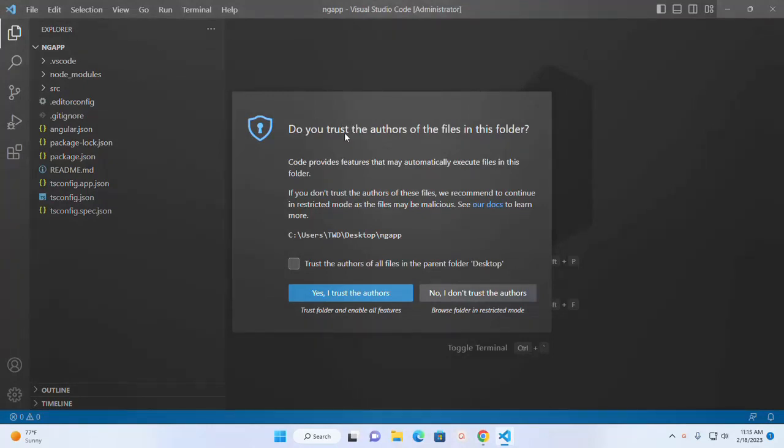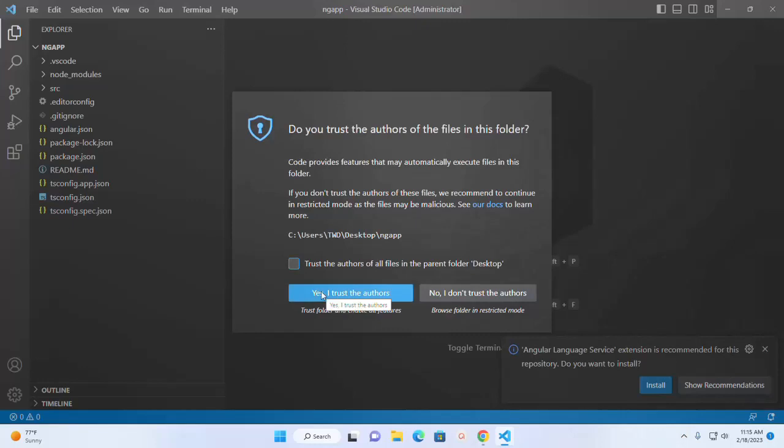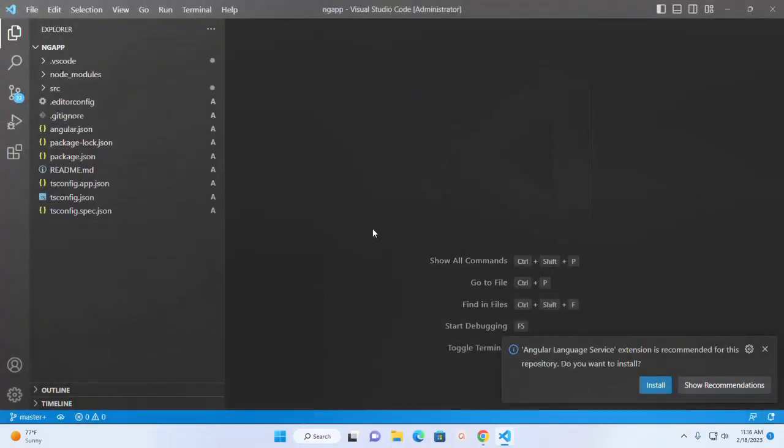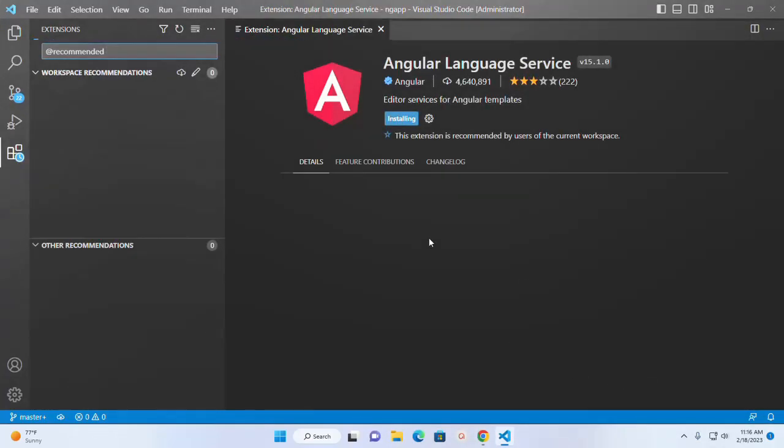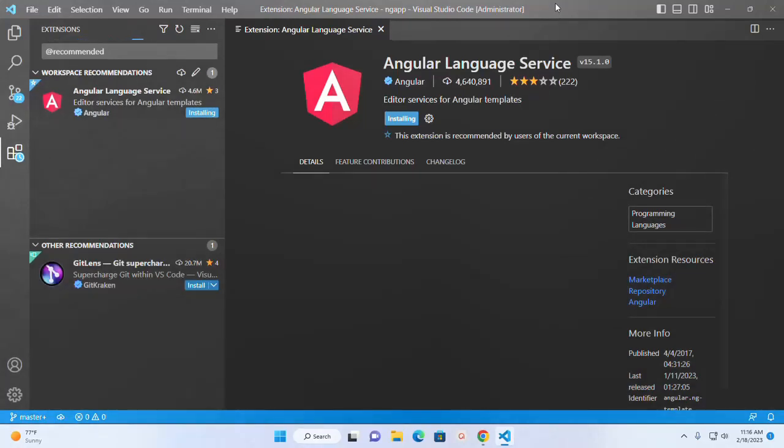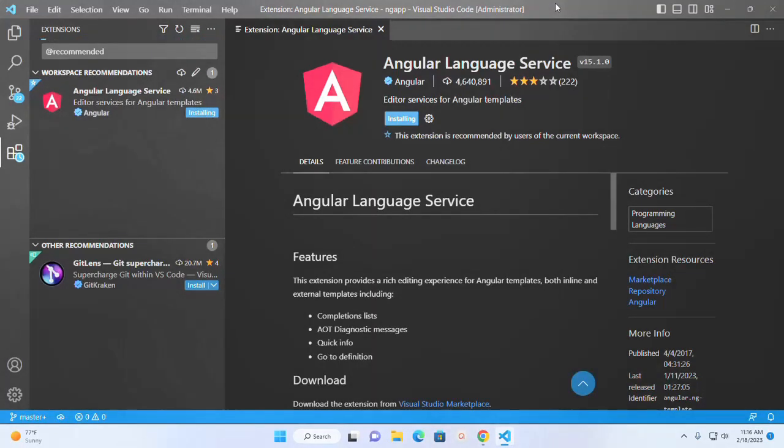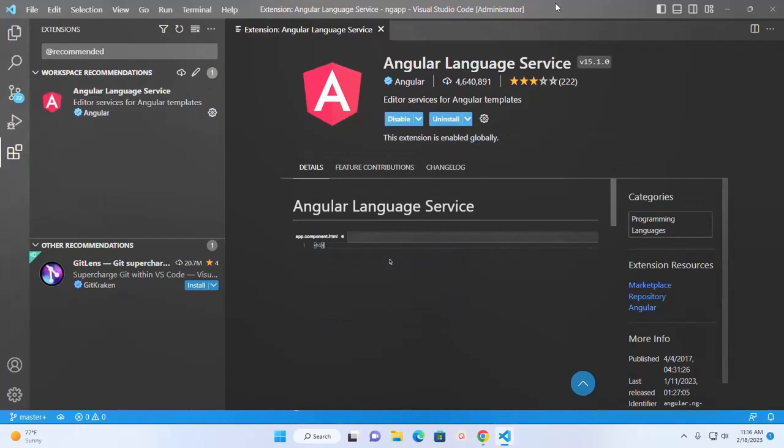Now trust the authors of the files in this folder and also install Angular language service extension that is recommended for this repository. Click on install. It may take a while for installing Angular language service